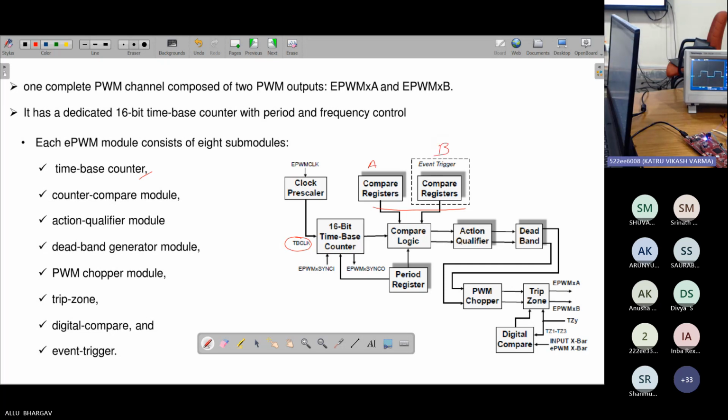Next, in the action qualifier, when the modulation index intersects our triangle or sawtooth, what actions must be taken? It should set, clear, or do nothing. Those actions can be defined in this action qualifier. Next, there is a deadband generator module. This is another advantage of using the EPWM module. In deadband, we give a certain deadband between